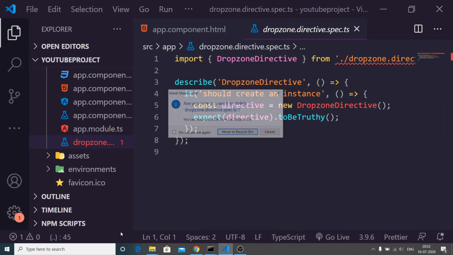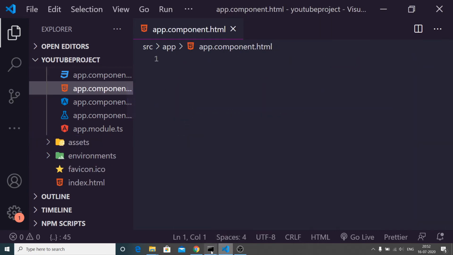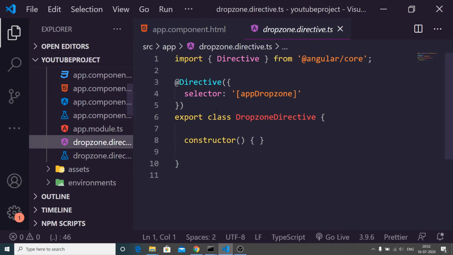This also needs to be deleted. So yeah, I can now execute the same command. So now it will create this directive for me. So you will see that this has created this directive for me.